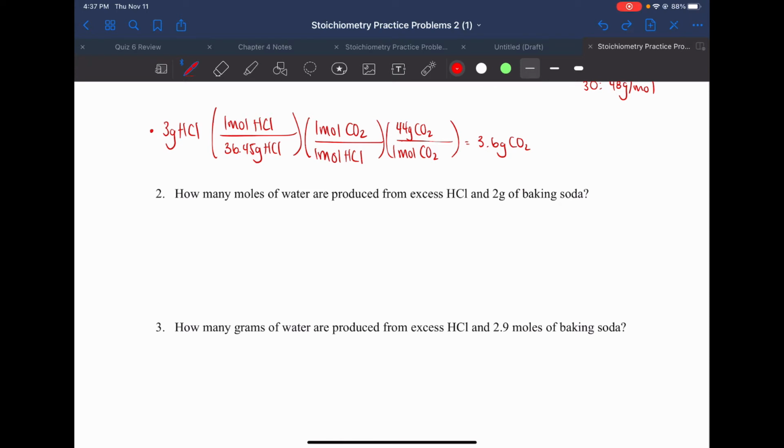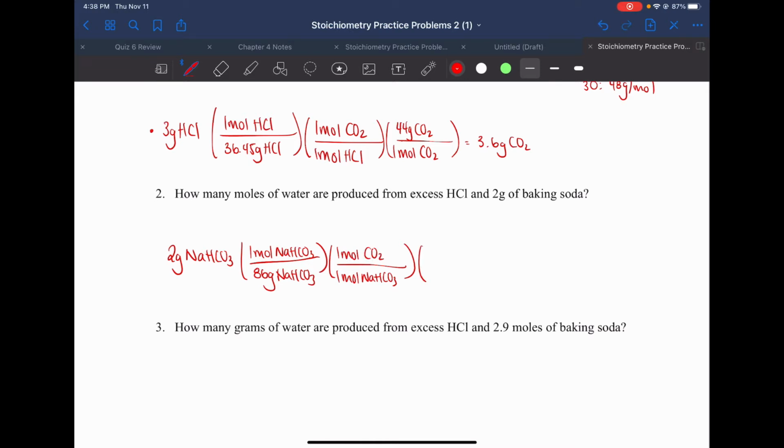So if I ask for moles or I give you moles, we're in a much better position because going from grams to grams takes the longest. Also, excess is me being nice. So we got 2 grams of NaHCO3. And then for every 86 grams of NaHCO3, we form 1 mole of NaHCO3. And then for every 1 mole of NaHCO3,